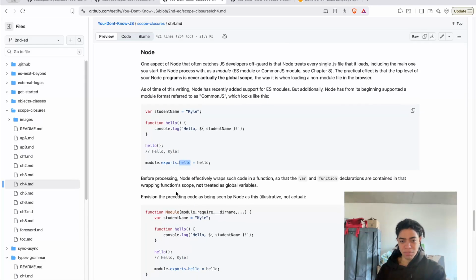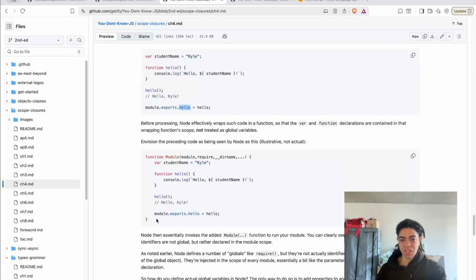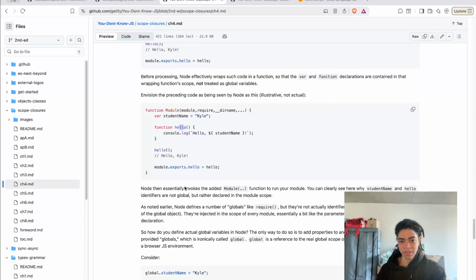And envision the preceding code as being seen by Node as this, illustrated, not actual. So you can think of this as a module that says, I'm going to expose this, and when I call this module, I'm going to attach all of these variables as they are.